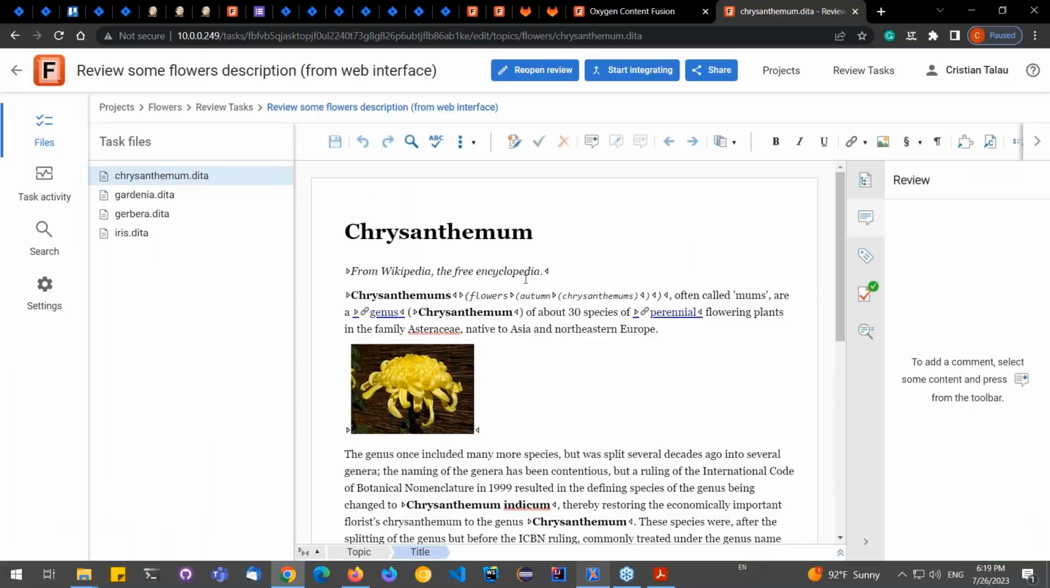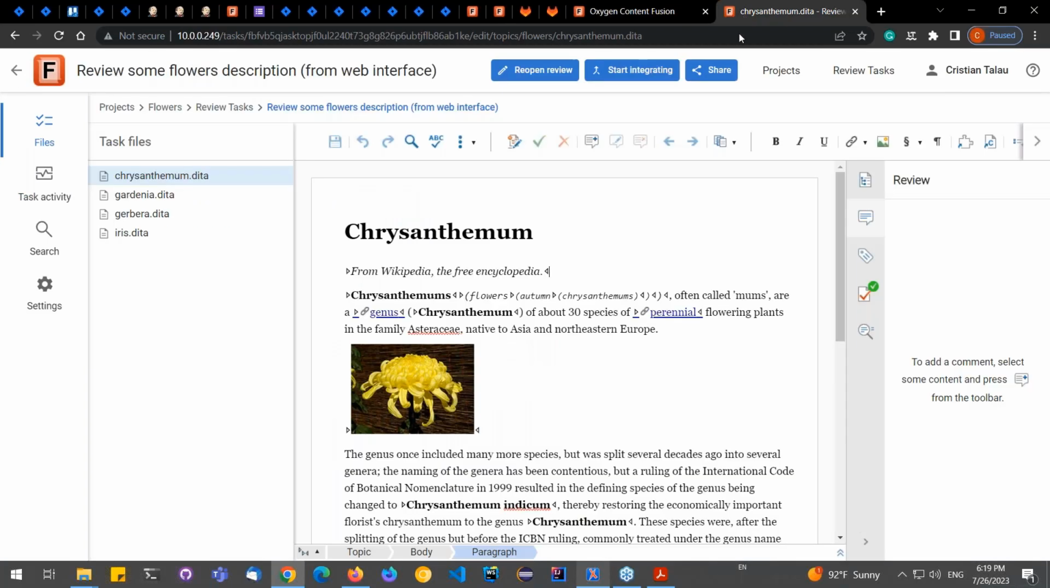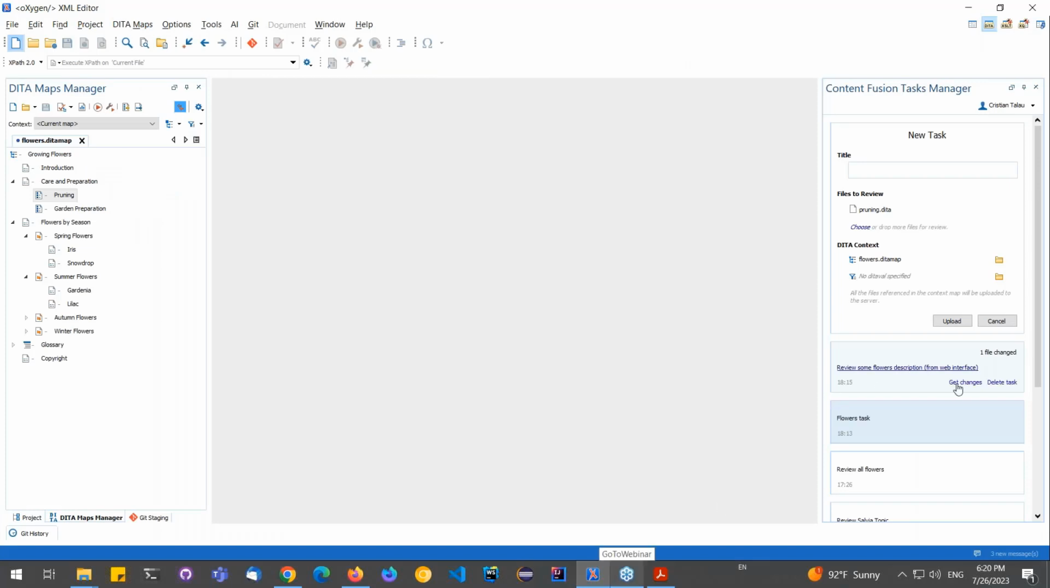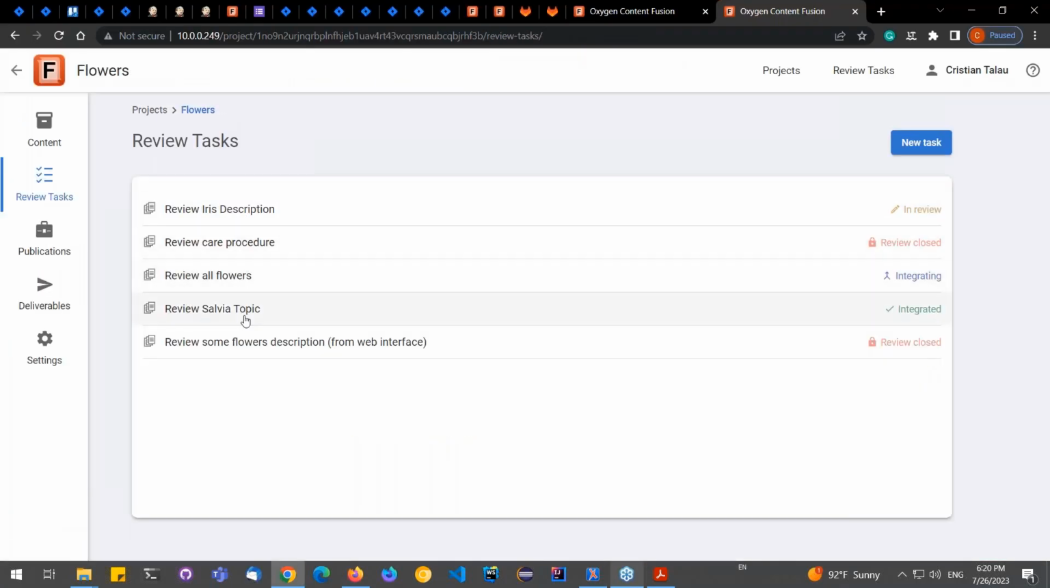After the feedback is addressed, the task owner can choose to start integrating the review task, which means the task owner wants to bring these changes made on the review task in the project's main branch. This state is available only for projects created from a Git repository, because otherwise there is no integration. For other tasks that are created from a local upload, for example, you can integrate it using